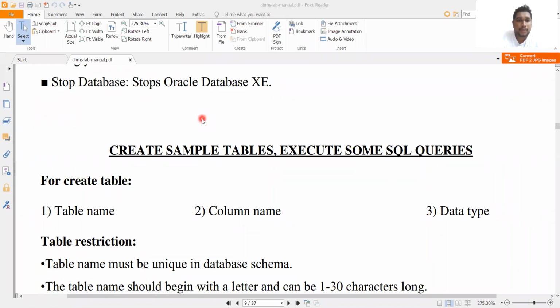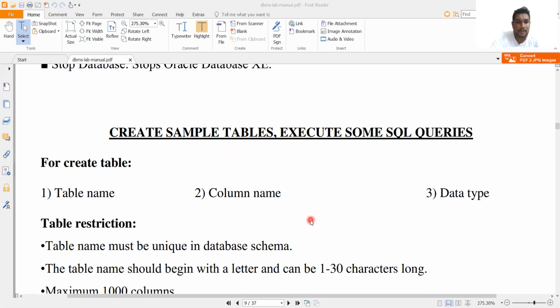So already you know the syntax for how we create a table, or create a relation, okay? For creation of any table, three mandatory keywords are available. You have to represent the table name, you have to represent the column name, and you have to represent the data type. These three are necessary for creation of any table and execution of these commands.